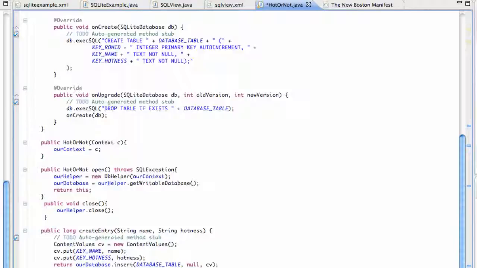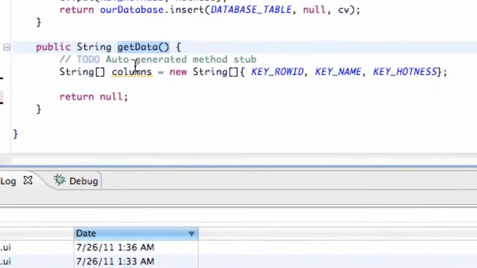What we're going to do in this tutorial, we're basically going to finish up this get data method here because we did set up our columns array which has all of our columns in our database, and now we want to read some information from those columns. And we basically read information through something called a cursor. So we're going to set a cursor up, and we're just going to set this cursor to be C